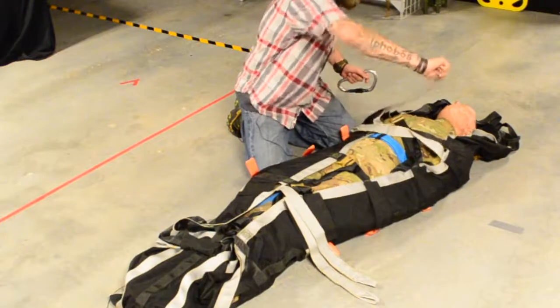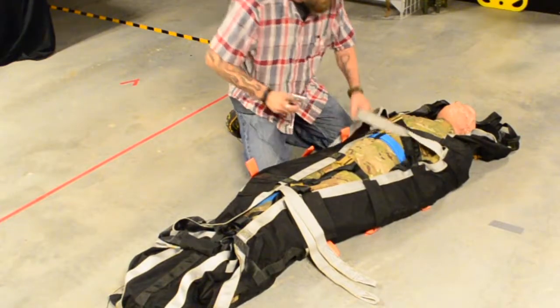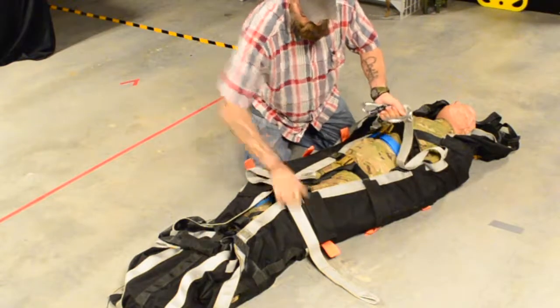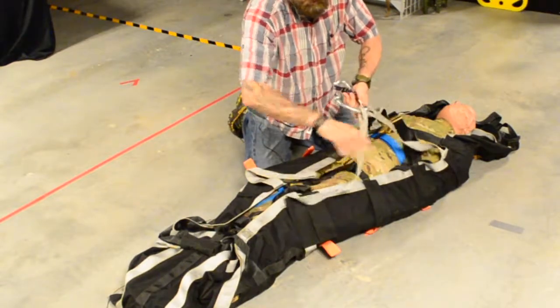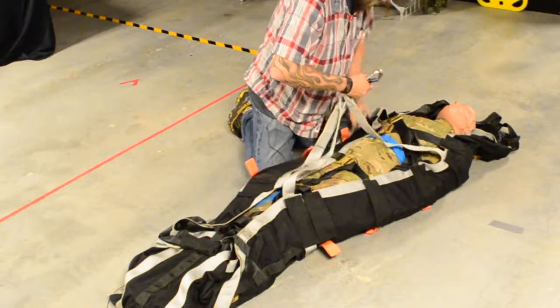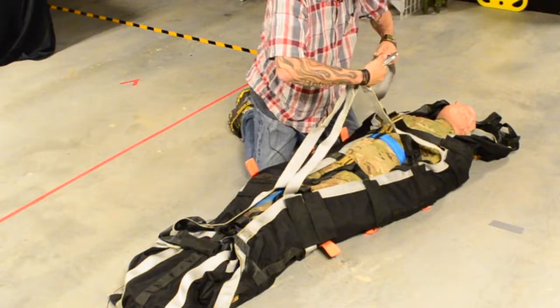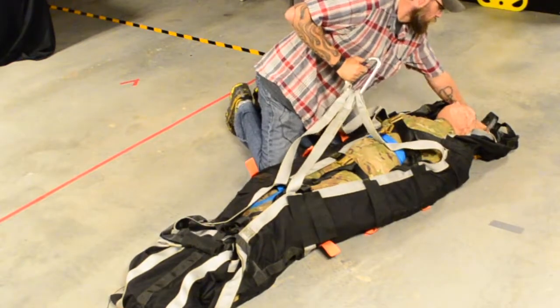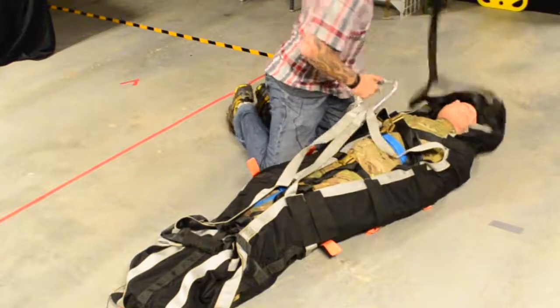So here's our 4 main. I'll usually start up onto the shoulder, rig way down to the same sides, legs, move right on up, and capture these 4 right off the bat. Now, with that, we have 2 more, so we're going to pull that up from the head. We can go and Velcro that out,